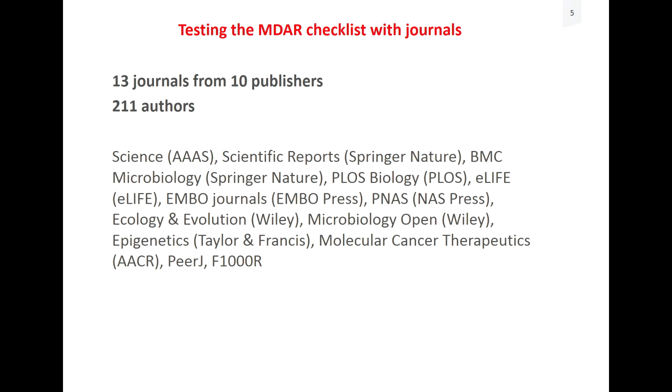And then a third goal of the checklist, which Malcolm will tell you about, was to understand whether the checklist was written in a way that it appropriately communicates what it's setting out to communicate. So I'll tell you in the next slide, which is my last slide, the feedback we've had from authors and editors.